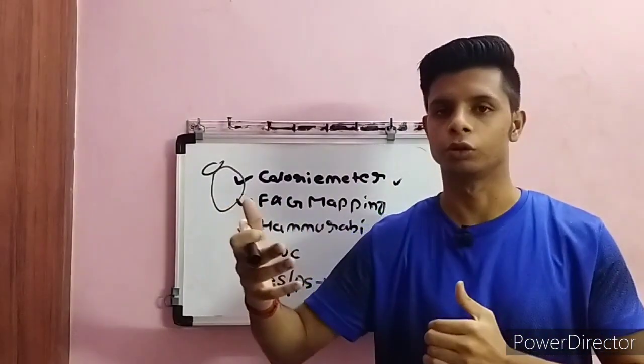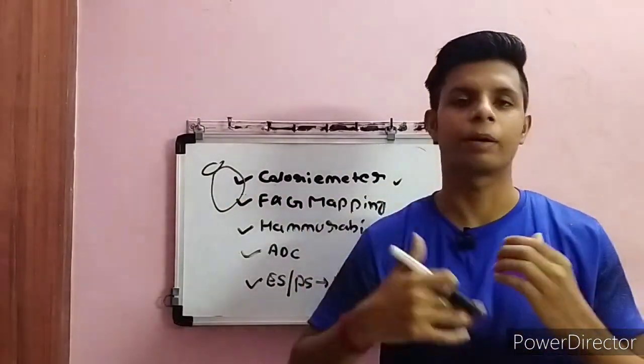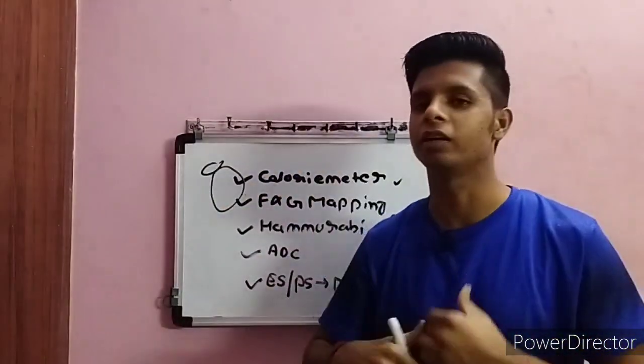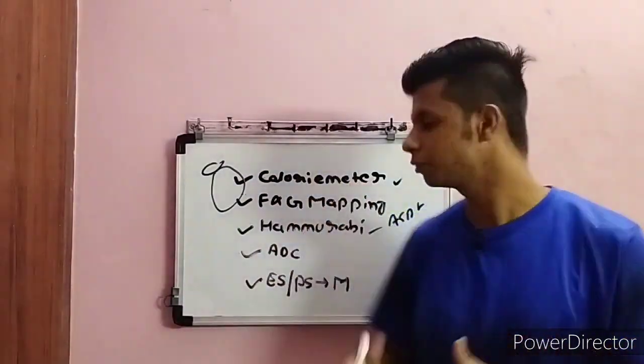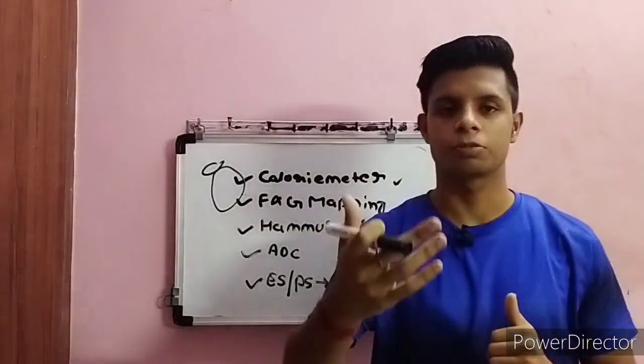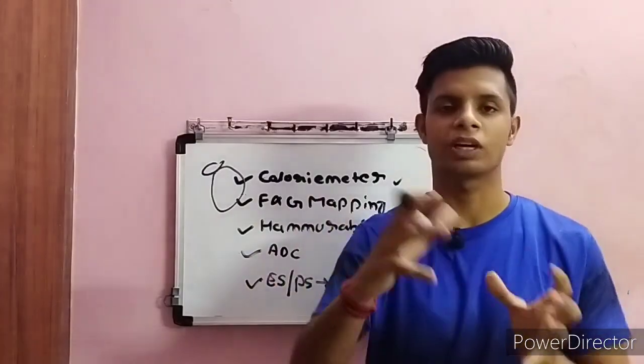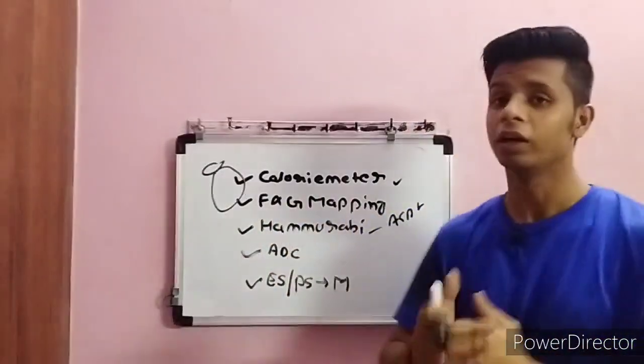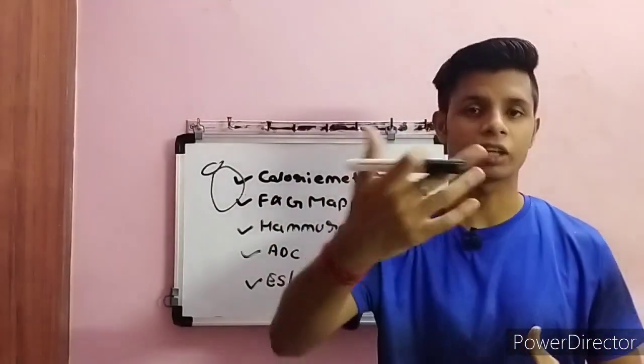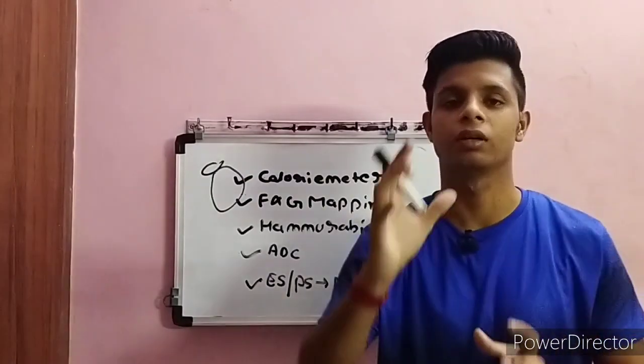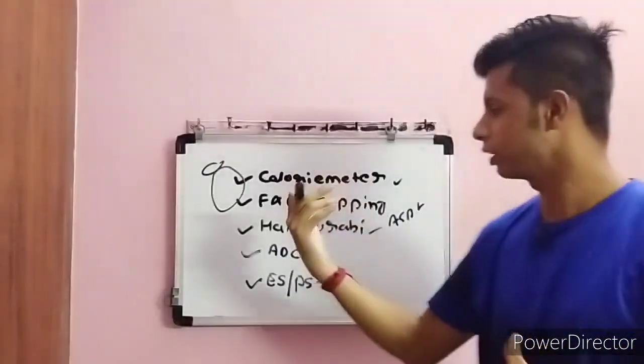If any worker got injured, what will be the payment procedures at that time, how much we need to give to his family, and what facilities we need to give. So all of this was introduced in this period. If you are interested to know about the history of the safety profession, you can check out his Wikipedia, what he actually did and how the safety profession was practiced during his era.